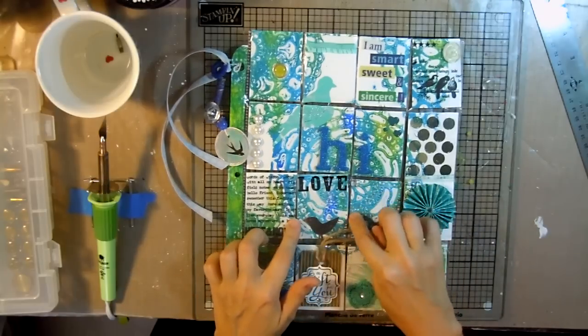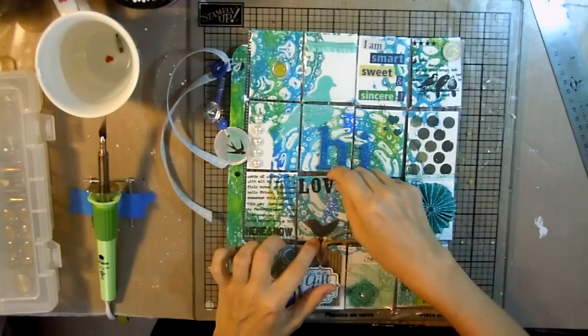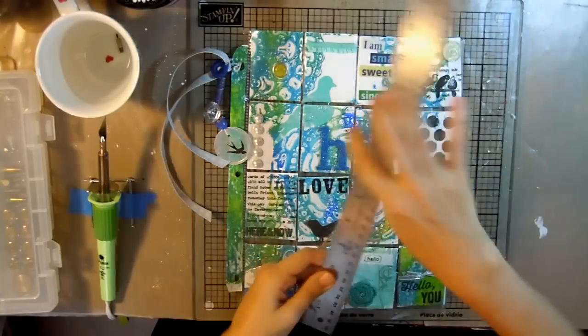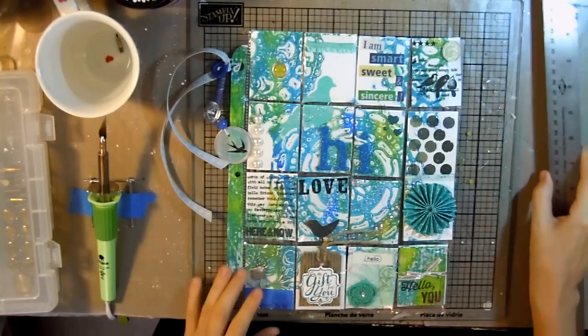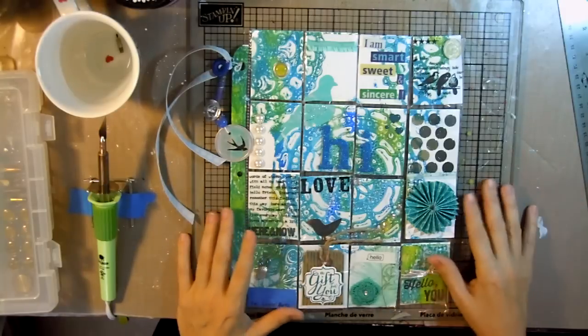Each one of these pockets, I believe, is about 2 inches wide, and I don't remember now. I think it was 2 and a half, a little more than 2 and a half. Between 2 and a half and 2 3/4, whatever that is, what, 5/8 or something? I don't know. I'm not a math person. Okay, so